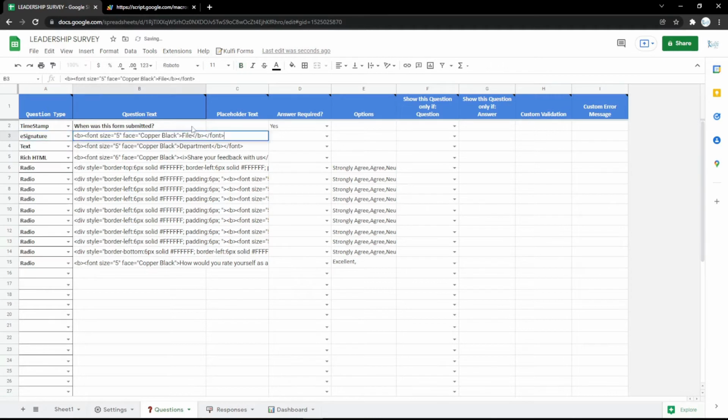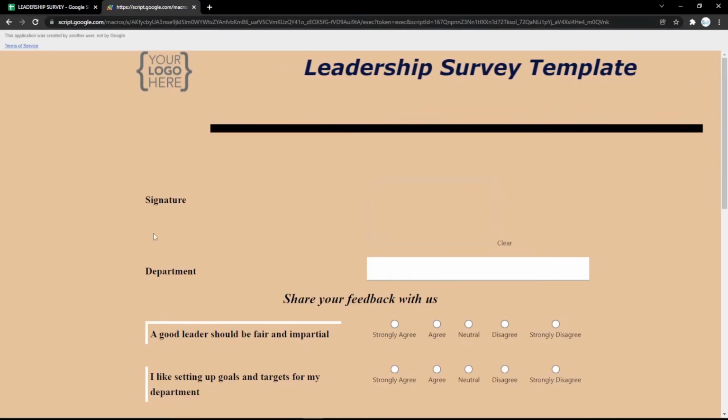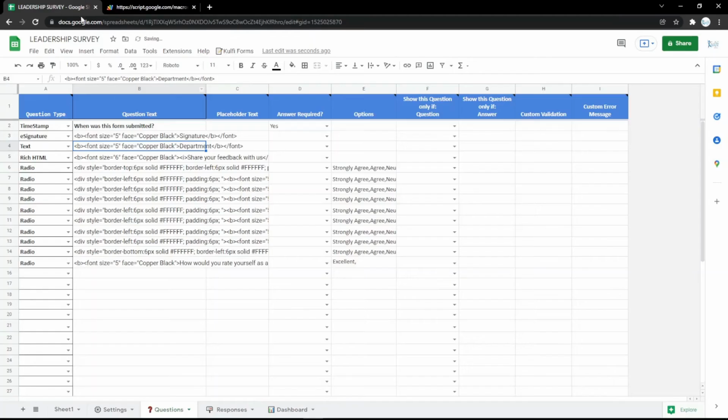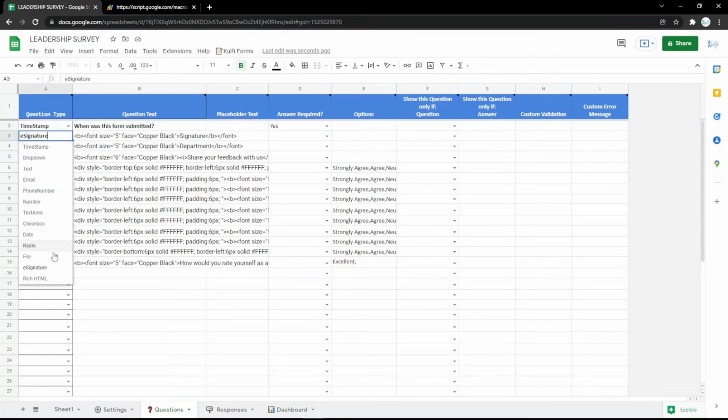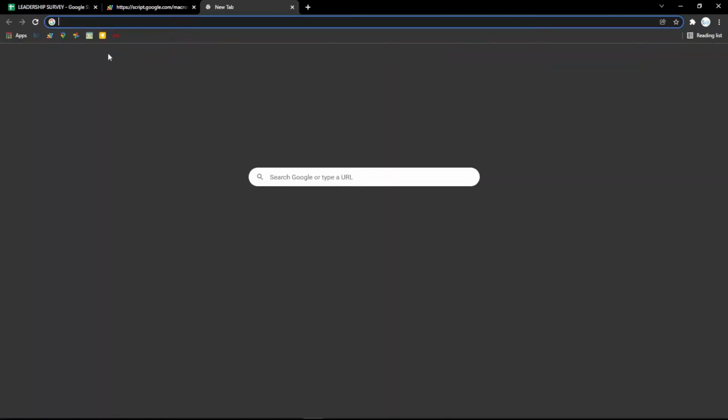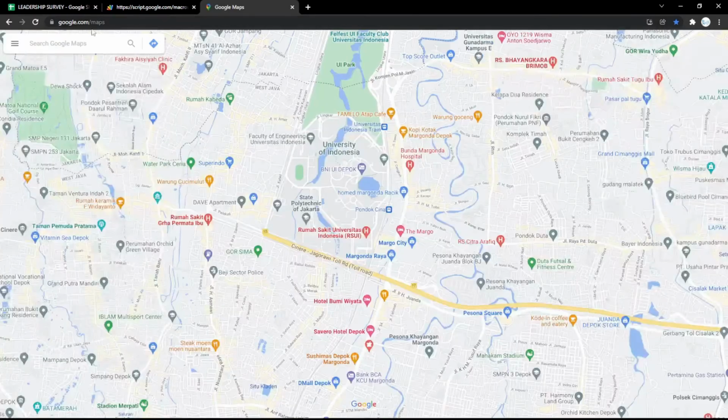And then you can also use e-signature because nowadays e-signature is very useful. You can check it in the form, so the audience can put their signature there, and they can clear it too and repeat it. And then you can also use the HTML like this. For example, I use Google Maps here,